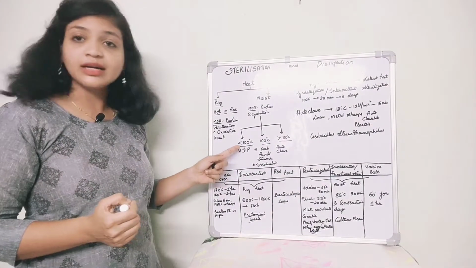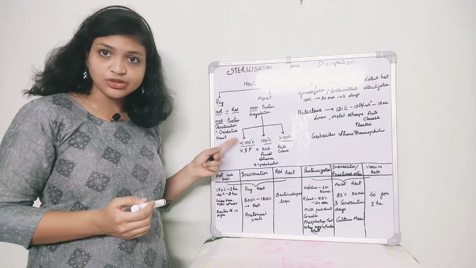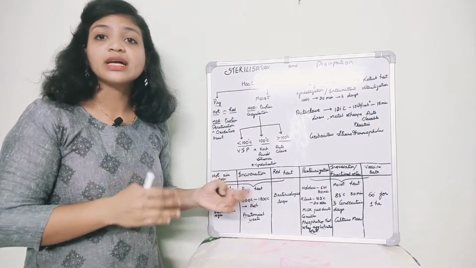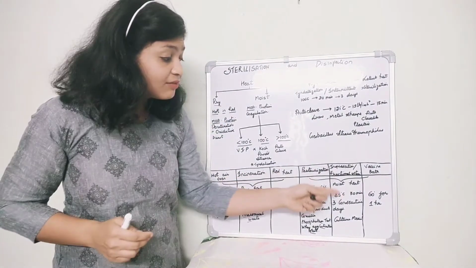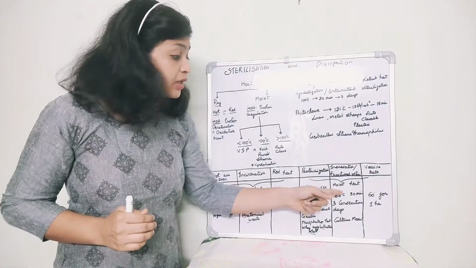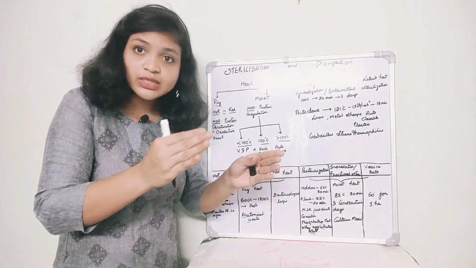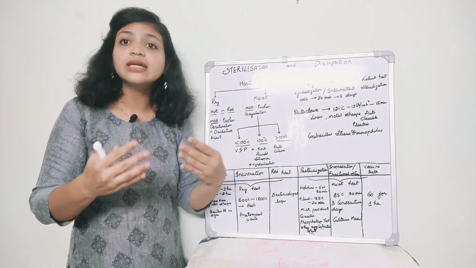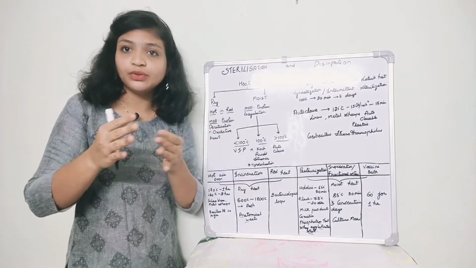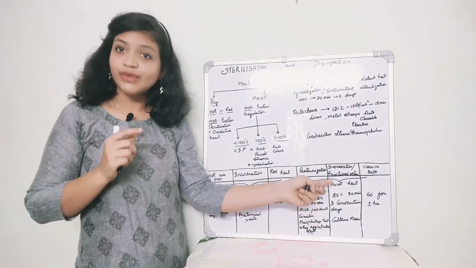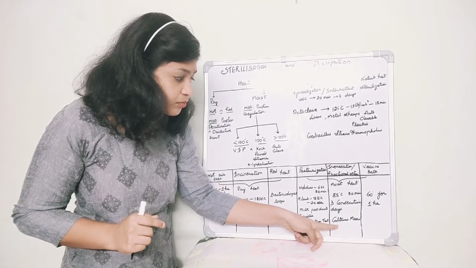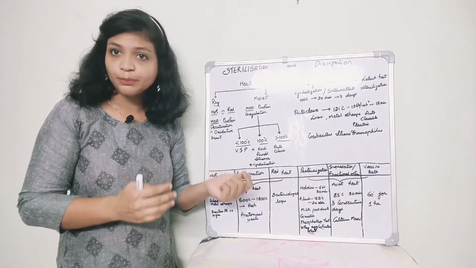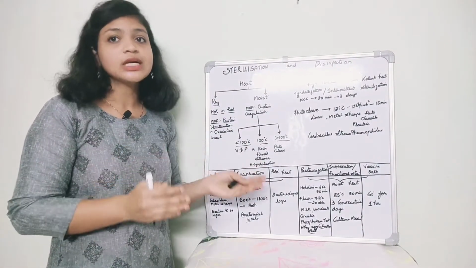The next one under less than 100 degrees Celsius is inspissation or fractional sterilization. I will tell you why it is called fractional sterilization, because here we heat at 85 degrees Celsius for 30 minutes continuously on 3 consecutive days. That is, fractionally, the bacteria are killed on consecutive days, for 3 consecutive days we are doing this procedure, hence it is called fractional sterilization, and this method we use for culture media. The next one is vaccine bath. Here there is just one important point, we do it at 60 degrees Celsius for 1 hour.